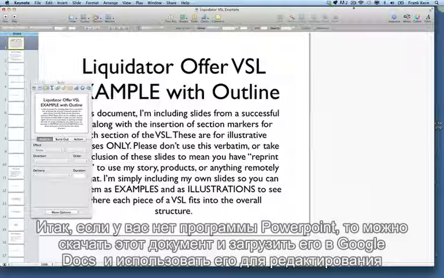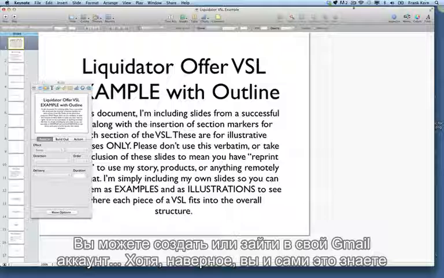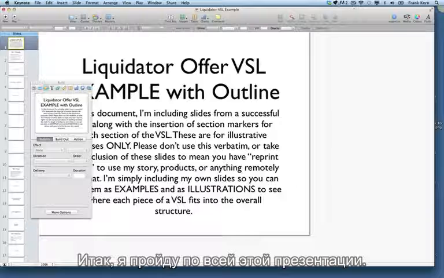If you don't have either one of those, you could probably download the PowerPoint version and upload it to Google Docs, and then use Google Docs to edit it for free. Pretty fancy. You can get a Google Docs account when you get a Gmail account, but you probably already know that. All right, so what I'm going to do is I'm just going to play this thing, and we'll go